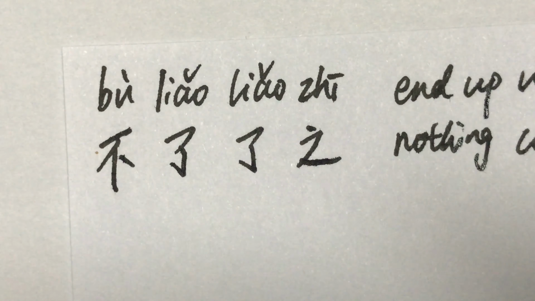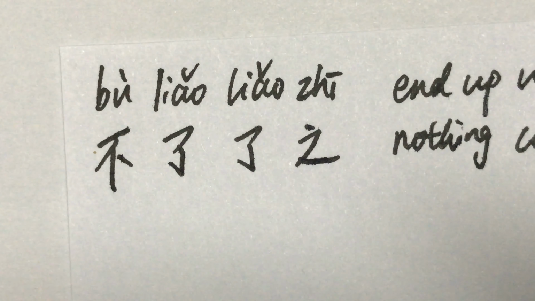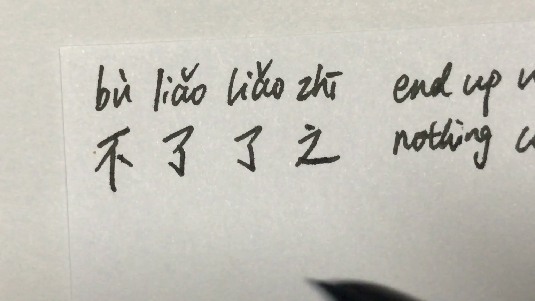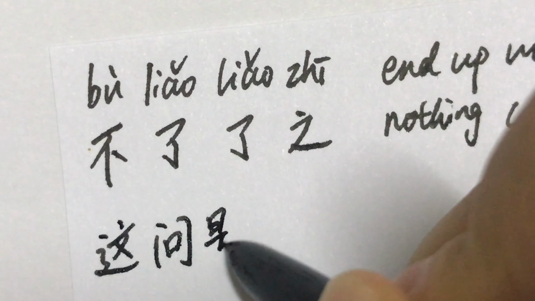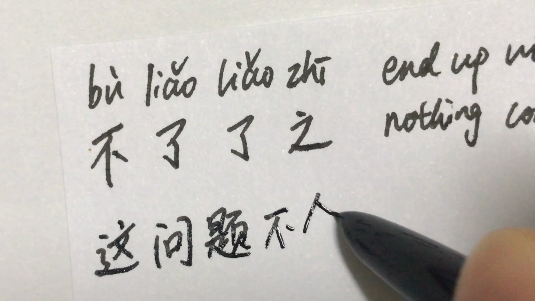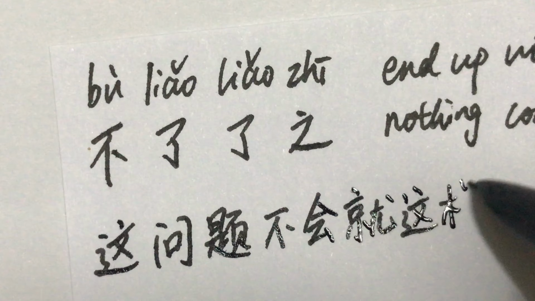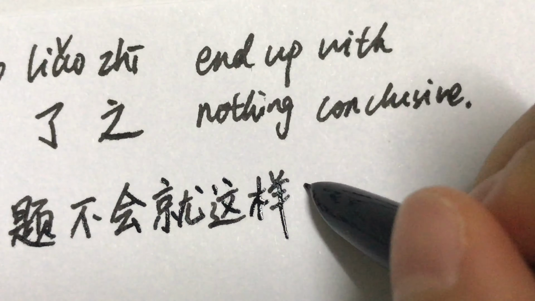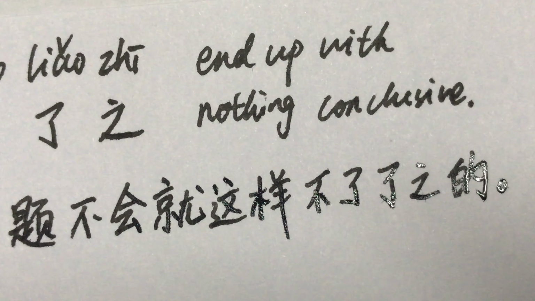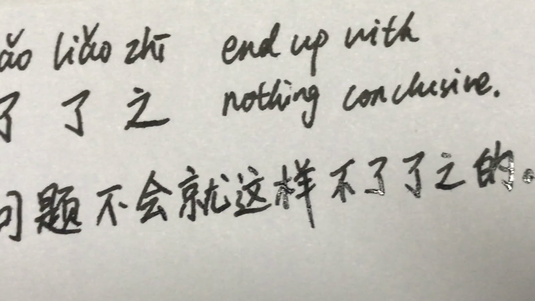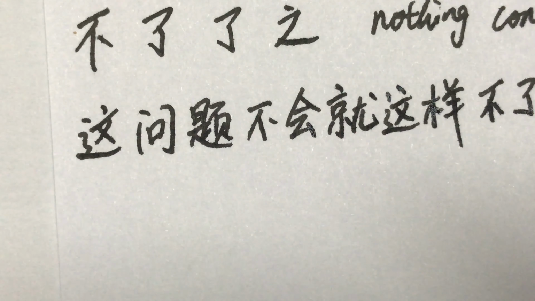不了了之. Now check this sentence. The problem won't just disappear. 这问题不会就这样不了了之的。The problem won't just disappear. 这问题不会就这样不了了之的。